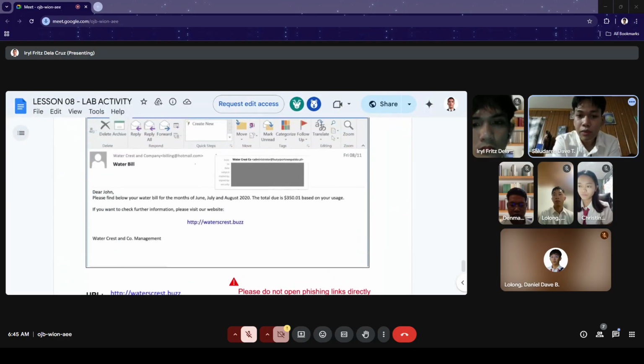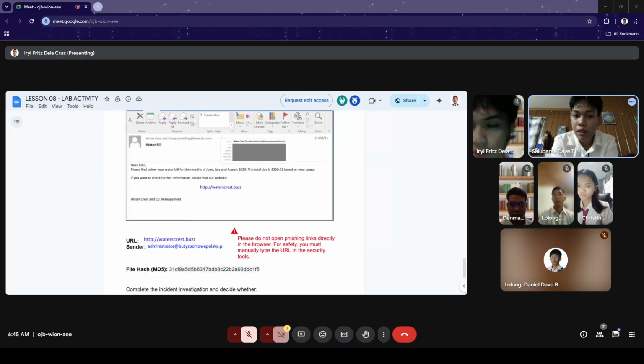Then another option is you can change your password to a new password. I mean, do not enter information first.